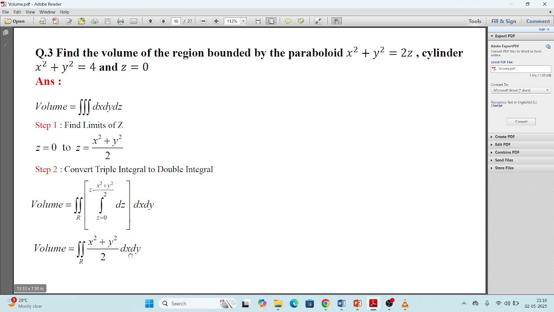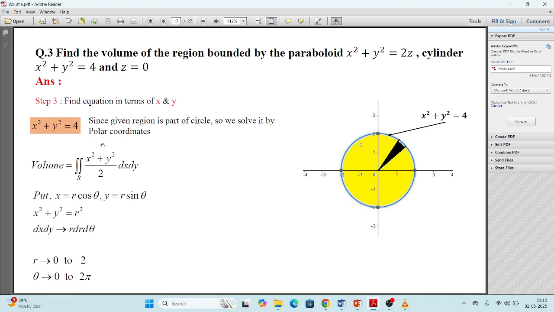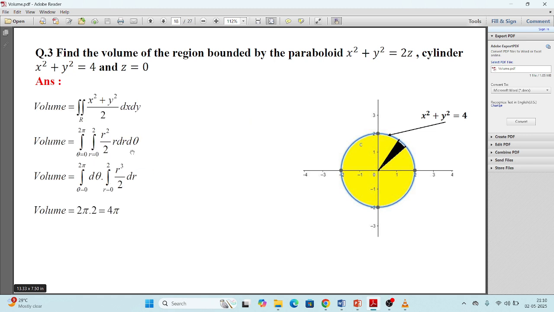Now this is the integration with respect to x and y. Again check the equation. This contains z, this is free from z, and this is z equals 0. So yes, there is one equation present which is free from z. So consider this equation for the xy plane. To evaluate the further integration, I will consider x square plus y square equals 4, which is a circle with center (0, 0) and radius 2. So consider this convergence and evaluate the integration. Again, x square plus y square is replaced by r square, dx dy is replaced by r dr d theta, and evaluate the further integration.